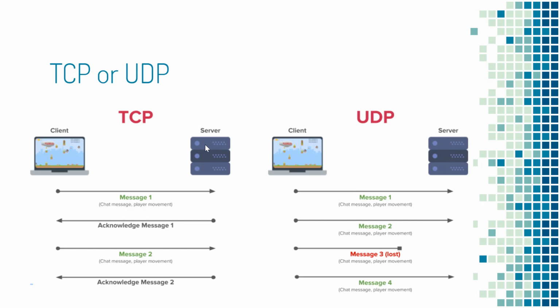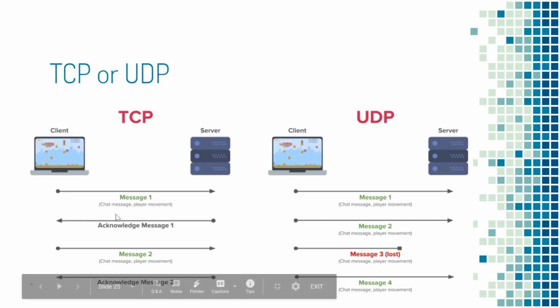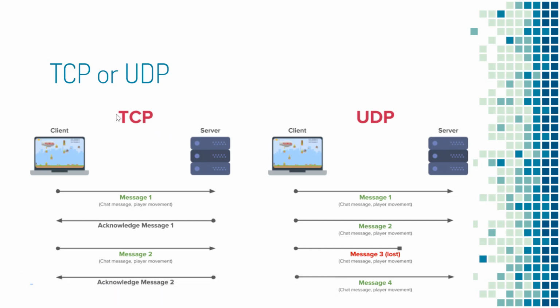So what's the difference? As a web developer, you have to understand the difference between TCP and UDP, and when you should build your system on top of TCP and when you have to build your application on top of UDP. So let's start with TCP. TCP is usually called connection oriented, which means the client will send the data to the server,